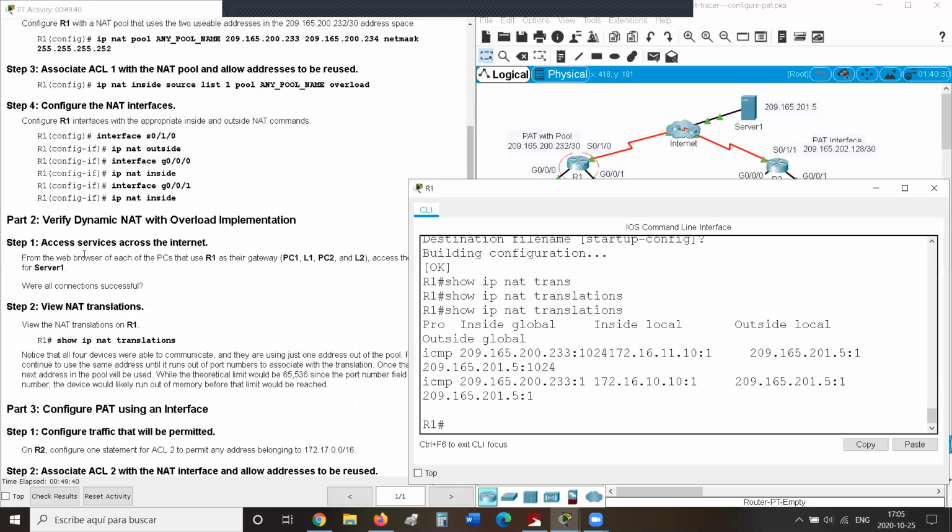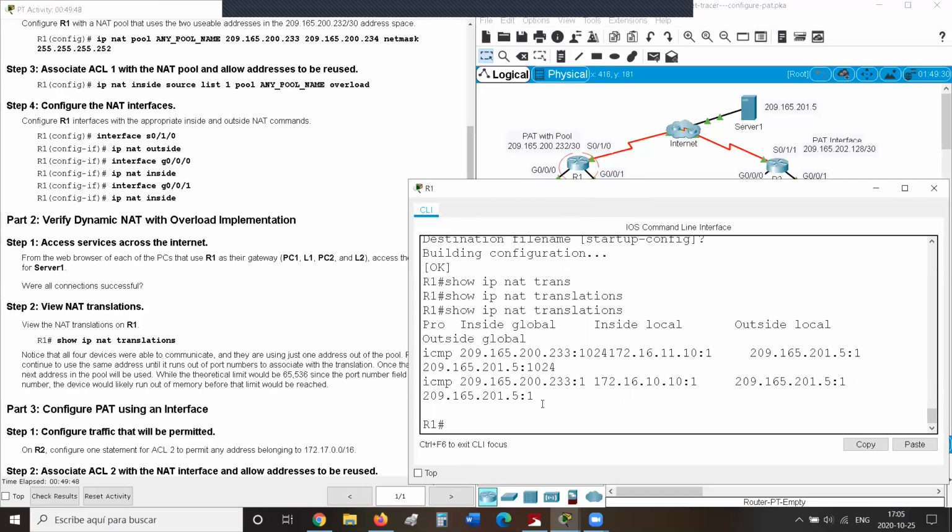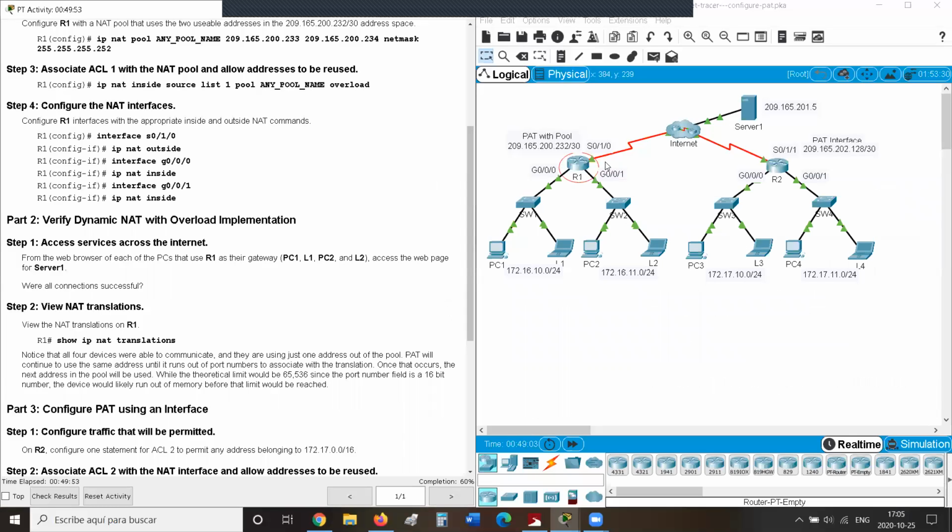Oh, it does. Actually, it tells us to use the web browser rather than pinging. If we do that, then we would see port numbers other than 1, which is probably better. All right, so